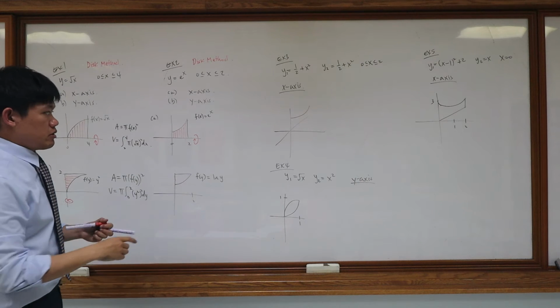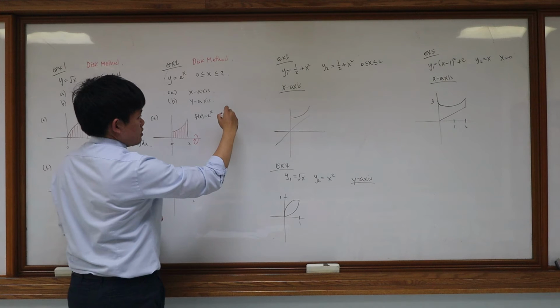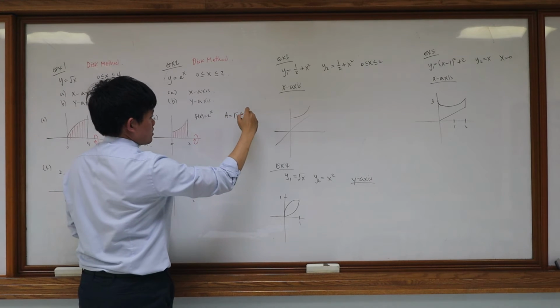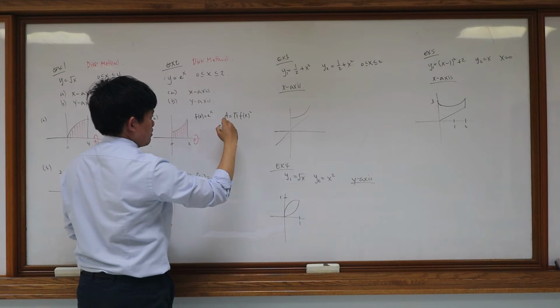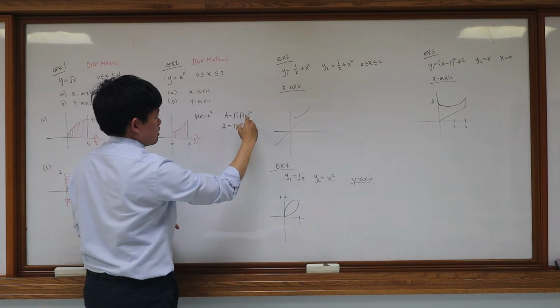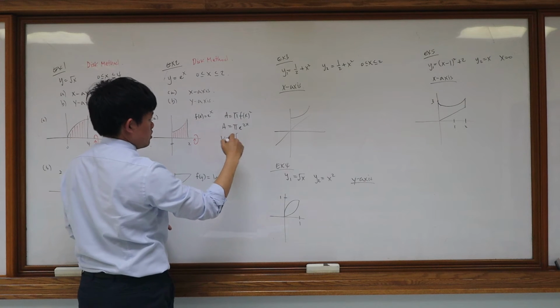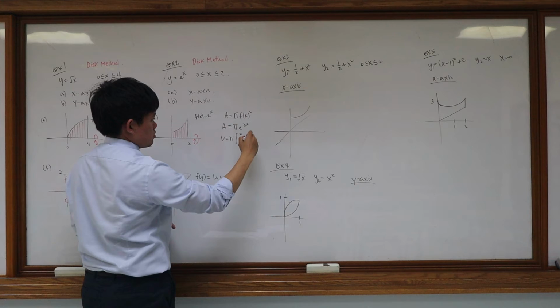That means we're integrating with respect to x between 0 and 2. My area is equal to pi times f of x squared, where f of x is e to the x, so e to the 2x. That means my volume is equal to pi times the integral from 0 to 2 of e to the 2x